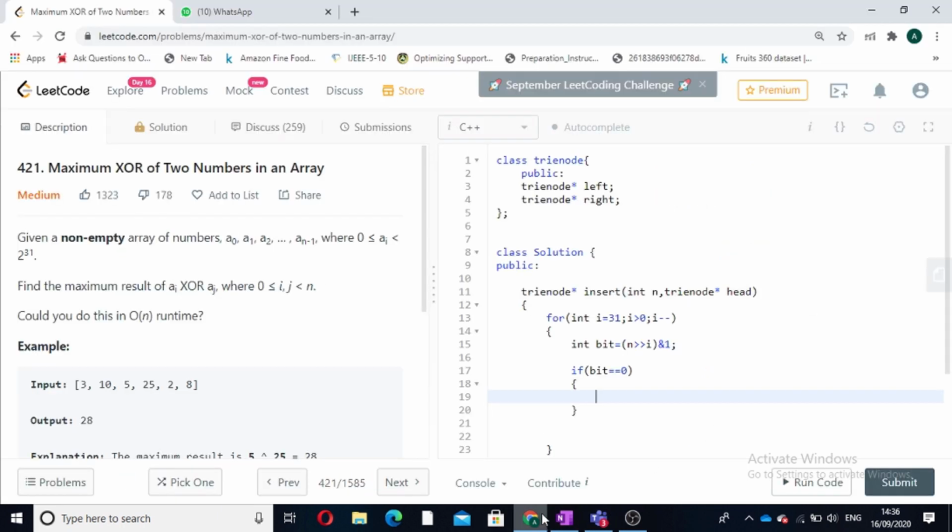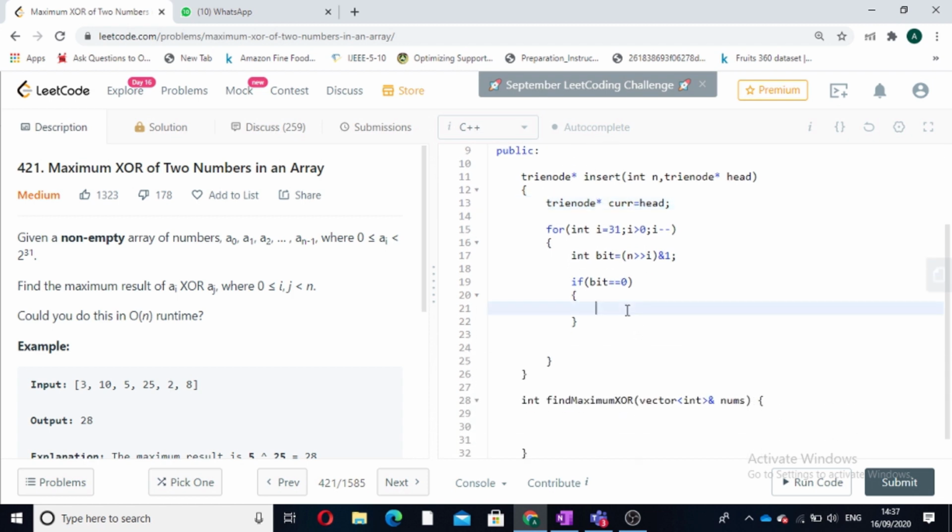So see, let's take a pointer which is initially pointing to our head node, that is current. Now, starting, it is pointing at head. Now we have got the bit. If the bit is 0, it means we have to move left. Now we will check if left exists or not.